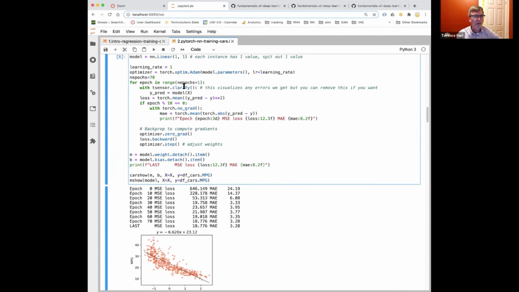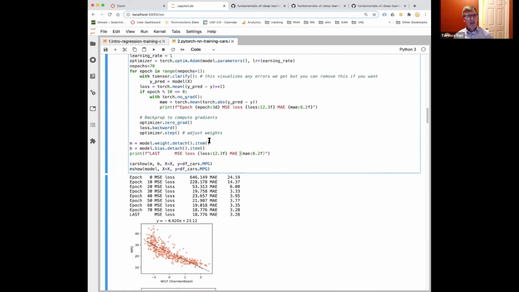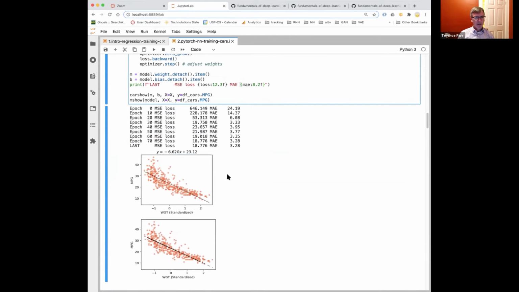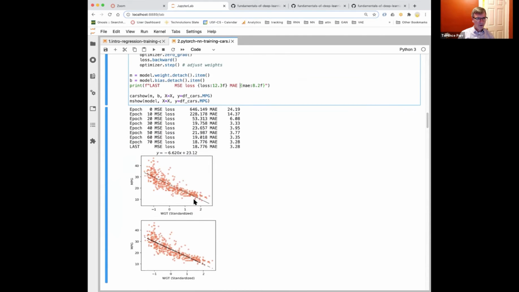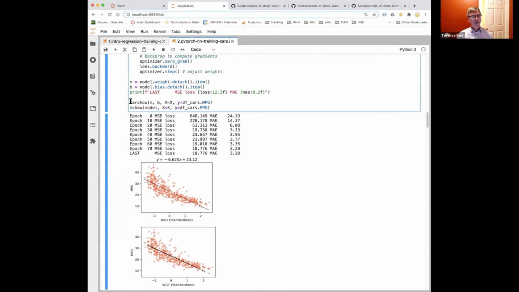I don't remember what my learning rate is. Yeah, I have a much higher learning rate. I suppose it could, I don't know, I'd have to compare it to the previous, but okay. So that's standardized. Why am I doing two of these? Oh, yeah. So this is the